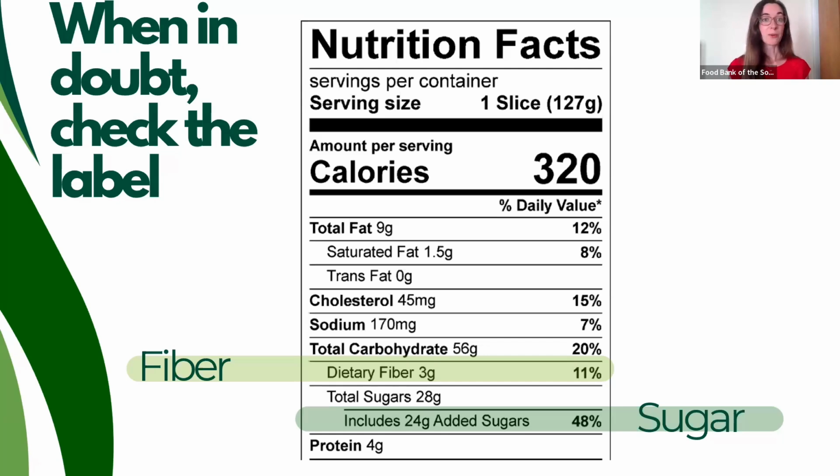So when in doubt, you can always check the nutrition label. Some things to look for on that nutrition label are going to be especially fiber and added sugar. A good rule of thumb when you're looking at a nutrition label, some of you have probably heard this before, is to check out that percent daily value column. If something is 5% or less of your daily value in a serving of that food, it's generally considered low